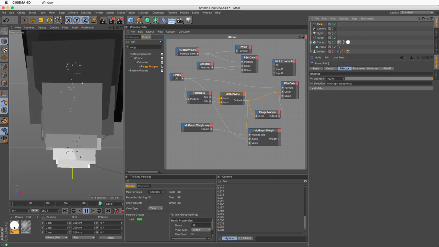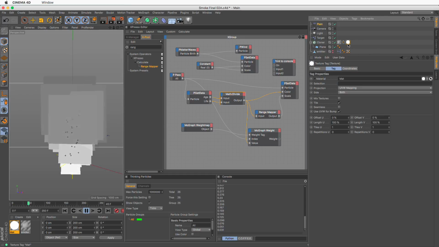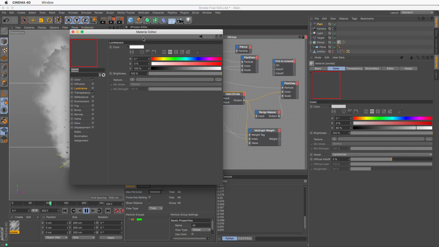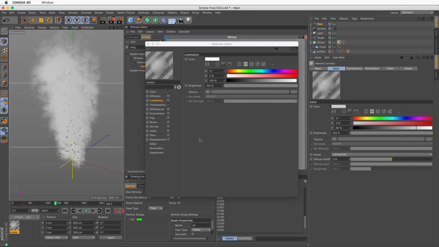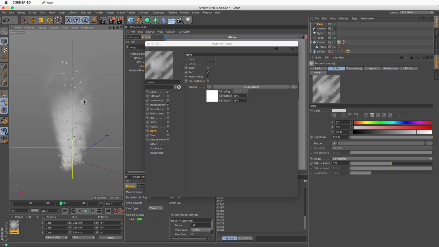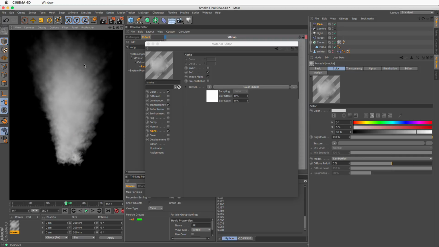Excellent. So all I have to do is remove this material from here, remove it from here, and I'm going to go to my actual material. Let's stop this for a second and go to the alpha channel. I can add it as a layer of the transparency. I'm going to just put it in a separate channel. I'm going to go here and add my MoGraph color shader, and you can see now that the top smoke fades out. And let's press play, and you will see that as it goes upwards, it fades out.